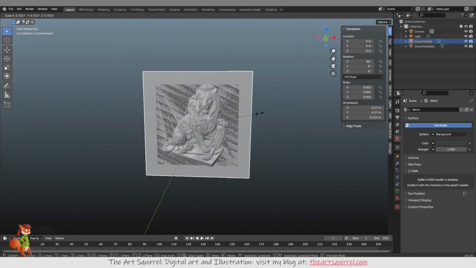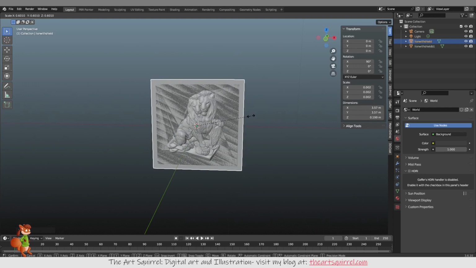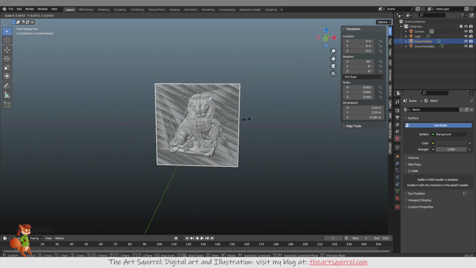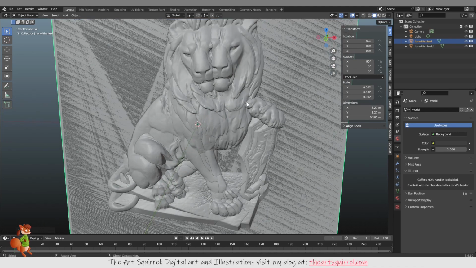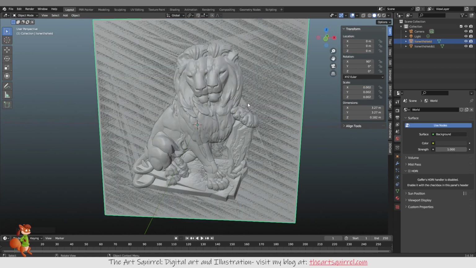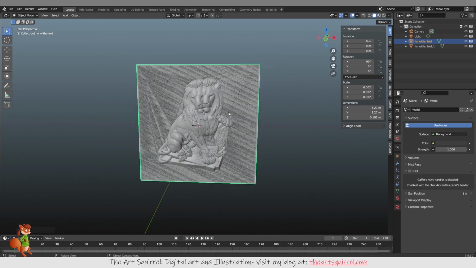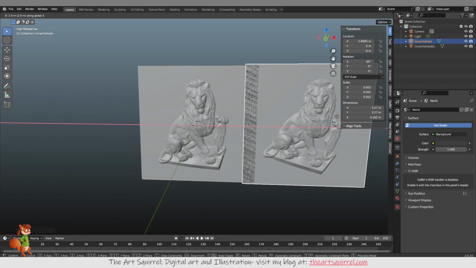I'm assuming the objects are so big because maybe different software have different scale requirements, plus it is quite a detailed mesh, although scale doesn't really matter because it's not going to get rid of the details by scaling it. So if I move that to the right,